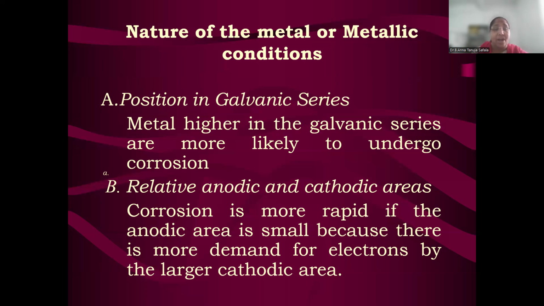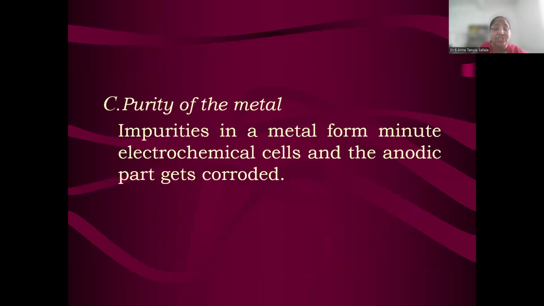That means, how can we control the corrosion? If we are able to maintain small cathodic regions in contact with large anodic areas, we can somewhat control the corrosion. Similarly, the nature of metal also depends upon the purity of the metal. The higher the purity of the metal, the higher the corrosion resistance. That means the tendency of corrosion would be less. To not undergo corrosion, high purity levels of the metal have to be maintained.